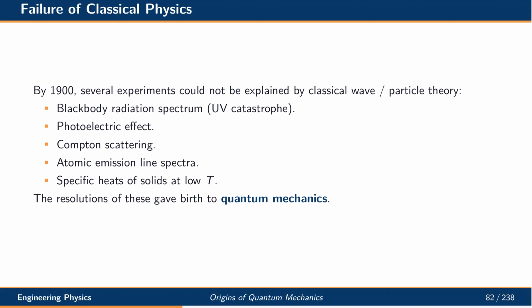By 1900, several experiments could not be explained by classical wave or particle theory. These included the blackbody radiation spectrum with its ultraviolet catastrophe, the photoelectric effect, Compton scattering, atomic emission line spectra, and the specific heats of solids at low temperatures. Each of these puzzles called for a radical new framework. Their resolution gave